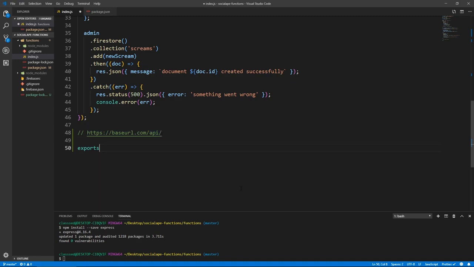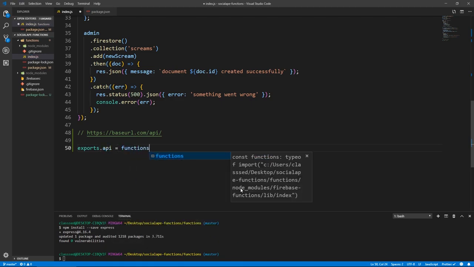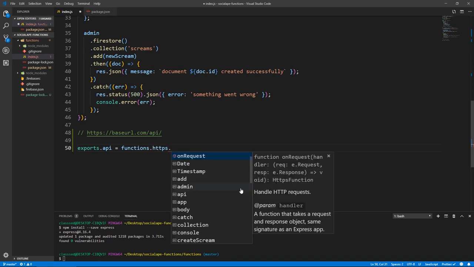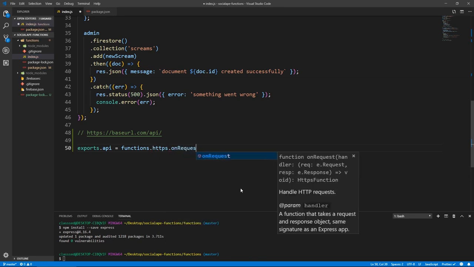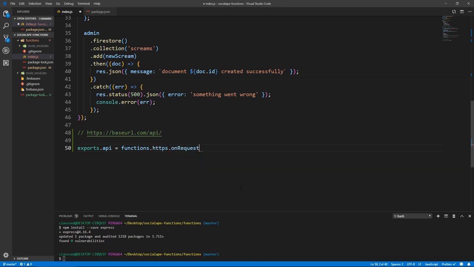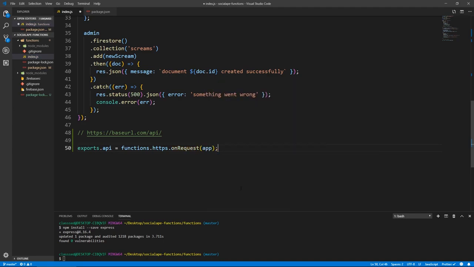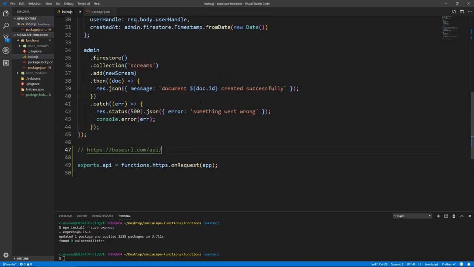So what we're going to do now is exports.api equals functions.https.onRequest, and here instead of passing one route and one function, we just pass our app, and this will automatically turn into multiple routes. And now if we save and if we deploy, so we run firebase deploy,